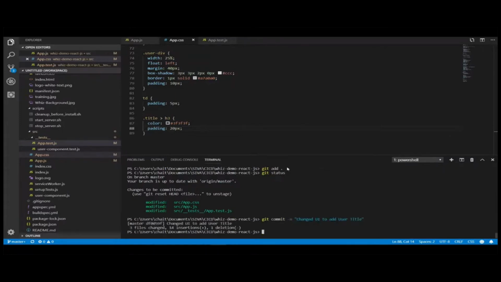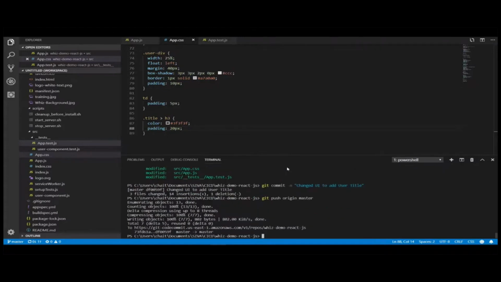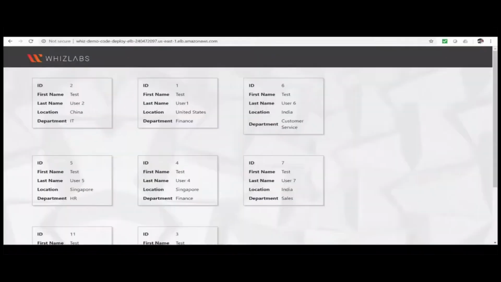All right, let's push this to master branch. My origin is already configured with CodeCommit, so I will just provide git push origin and then master. Okay, the code has been successfully pushed to CodeCommit. Now let's go back to CodePipeline